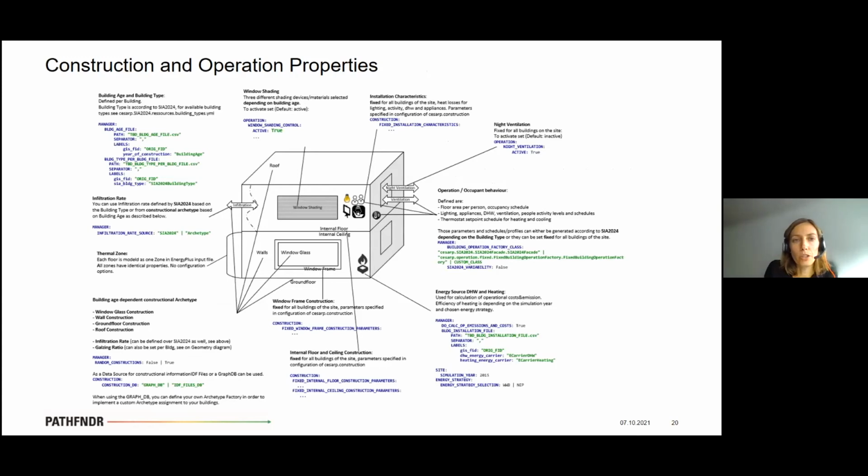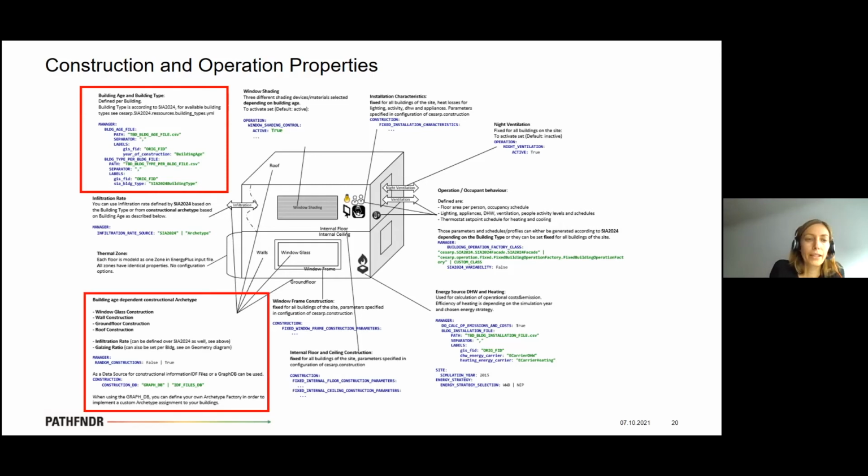A bit about construction and the operational properties. So we assume, based on the building age and the building type, we take a Swiss standard into account, which is called SIA 2024, to define the use profiles of the different buildings. So if it's a residential building or an office building, you then basically have different use profiles in the background, depending on the year of construction,